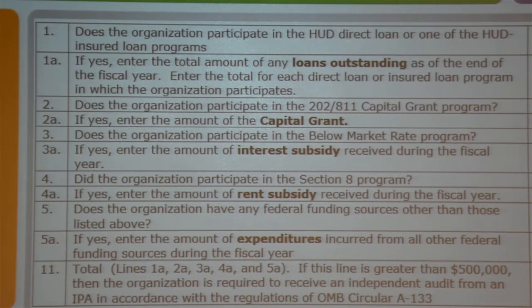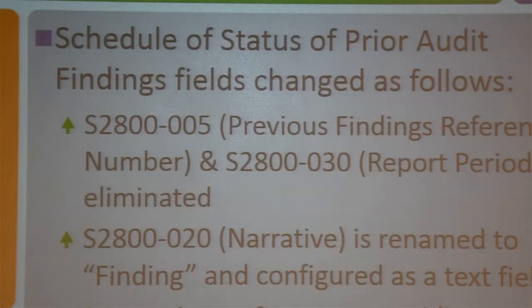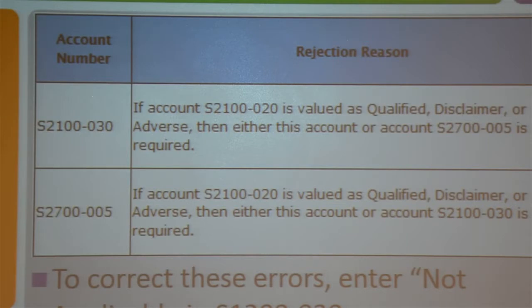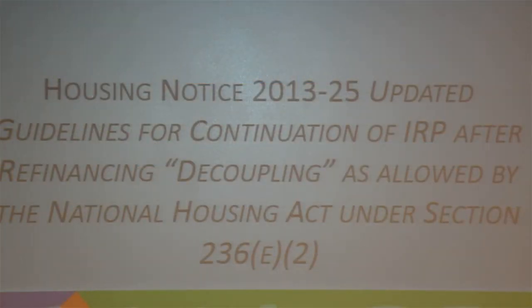And now there's only one change between this and the new single audit, by the way, and that's here. Loans outstanding as of the end of the year. With the new single audit, it's loans outstanding at the beginning of the year. Okay, so that measurement process is going to take place there. Some template changes on the schedule of prior audit findings just to make it easier to put stuff in. No big deal. You still have validation errors because they can't still compare unmodified to unqualified, and it still fails. So they just haven't fixed it yet. And I don't think that's going to be fixed by year end.